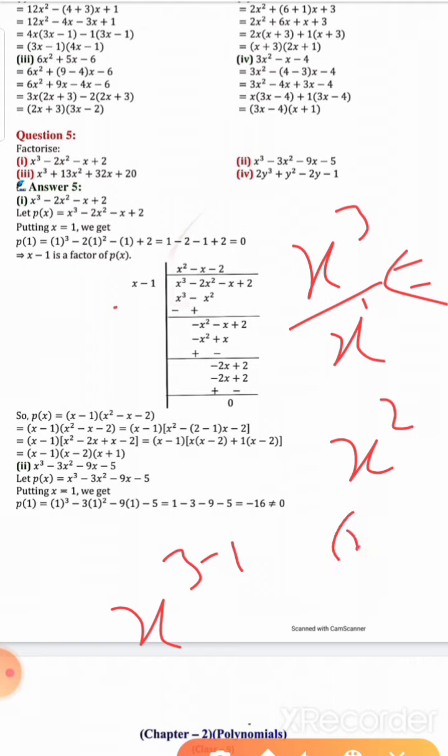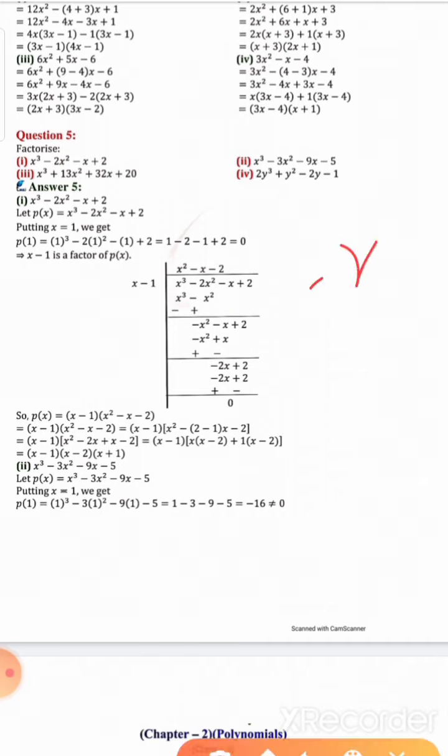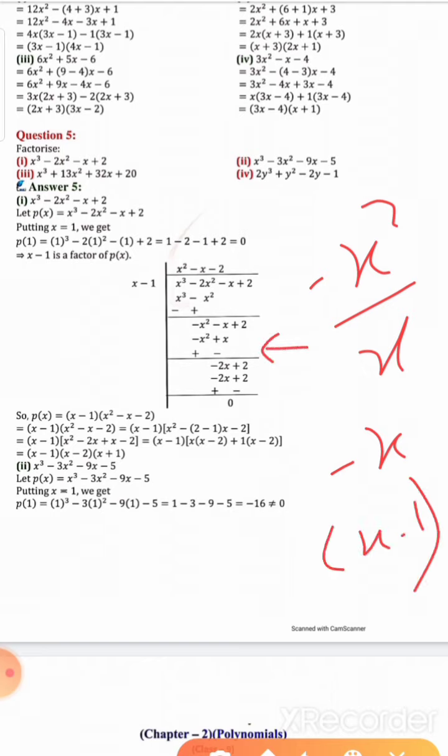Multiplying x square by x minus 1, write this step, and subtracting from the dividend, the first term is cancelled, and minus 2 plus 1 means minus 1, and note down all the rest of the terms. Again comparing the terms, here the first term is minus x square and the divisor's first term is x, so the quotient is minus x. Write it in the quotient polynomial, multiplying minus x to our divisor x minus 1, note down and subtract from the dividend. Here the first term is cancelled and we get minus x minus x, minus minus plus, so minus 2x, and the rest of the term is 2.